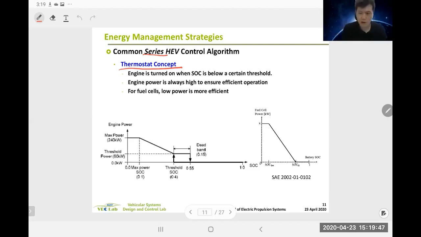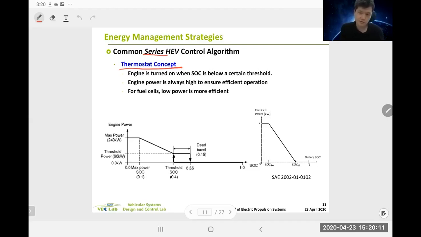So if you have power flow through the battery, that means energy losses. With the thermostat concept, there will be large power flow in and out of the battery, which means you may accelerate battery aging faster,